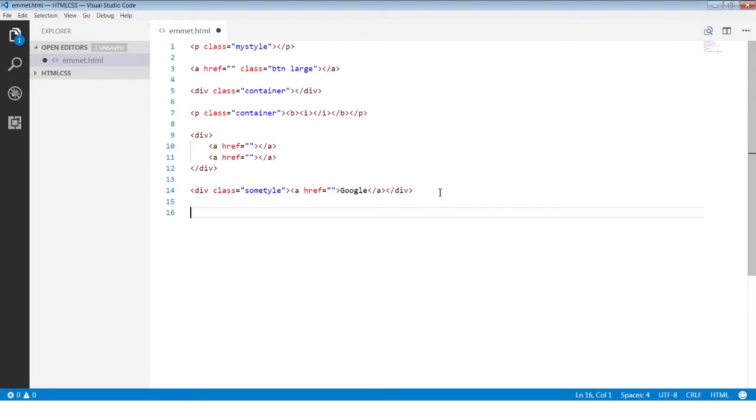I can actually say something like this. I would like to have an anchor tag with Google. And do you remember in CSS when we wanted to put a value to an attribute? Well, it's the same thing with Emmet over here. The attribute is, again, square brackets. And let's say I would like to have the attribute called href, right? And href, I'm going to say, is the value of